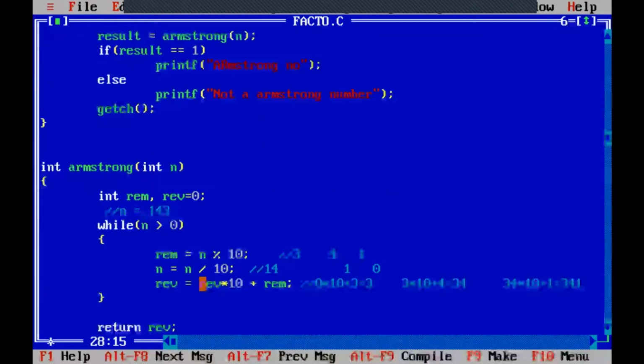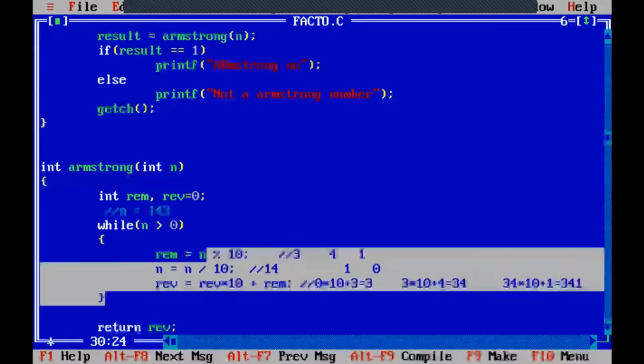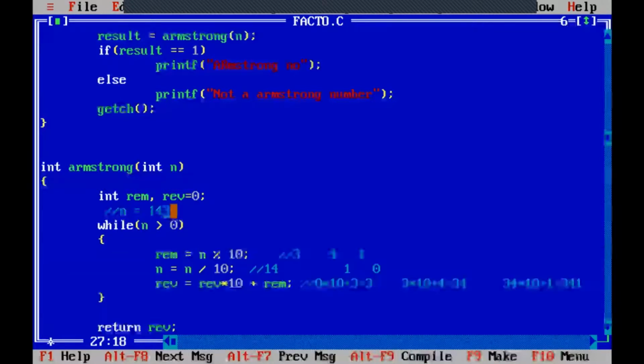So for Armstrong number also we will require this particular code. You know the logic here. What we try to do is separate 1, 4, 3 into 3, 4, 1. So here in place of this,